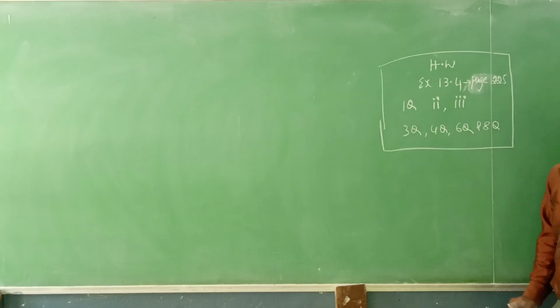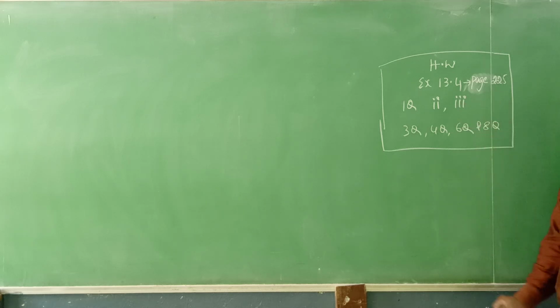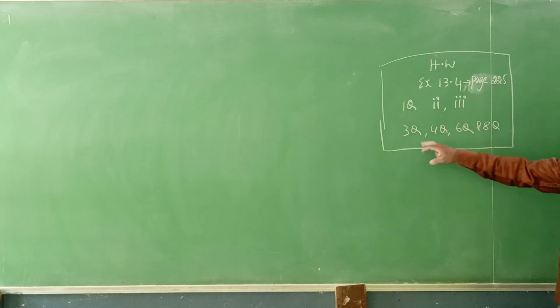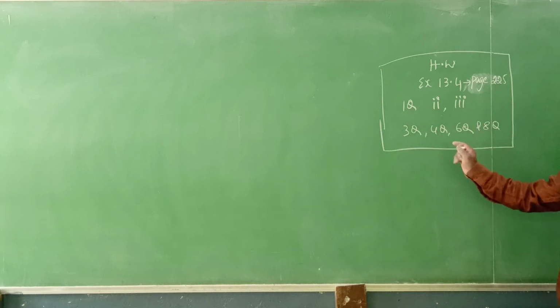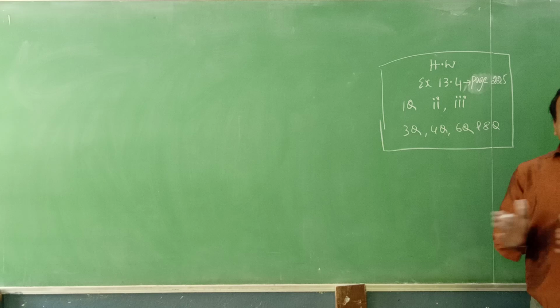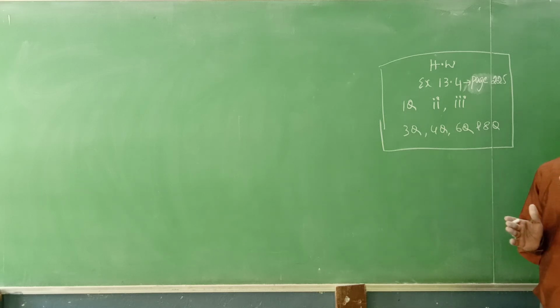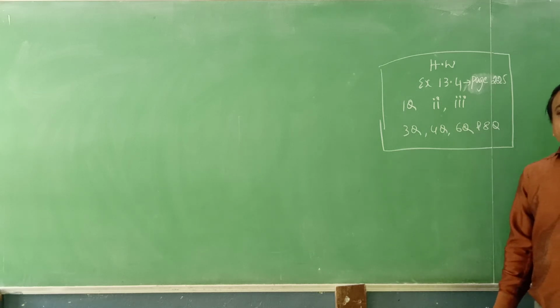Here we have some homework questions from exercise 13.4, page number 225. Question number 1, second bit and third bit, third, fourth, sixth, and question number 8. You have to finish and complete this work and revise the formulas once for all these: cube, cuboid, cylinder, cone, and sphere. All these surface area formulas you have to revise.